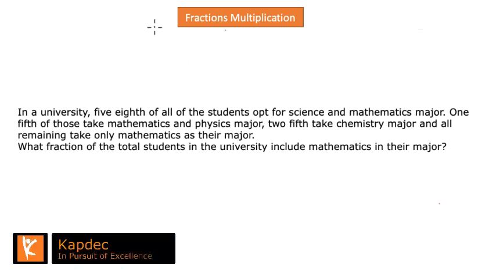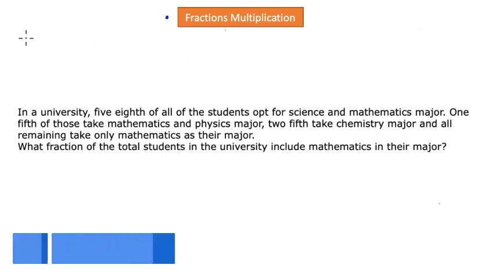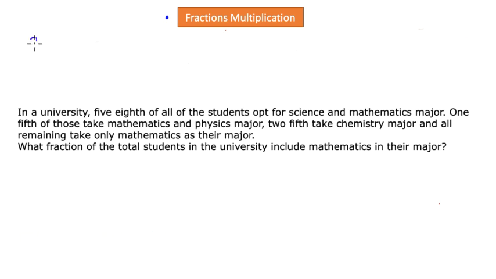All right, we are going to look at the fractions multiplication problem. To remind ourselves of the very quick and basic fundamentals, if there are two fractions, say 2 over 5 times 3 over 7, the rule is you multiply their numerators and multiply their denominators respectively, and then that becomes your new fraction. So 3 times 2 will be 6 and 7 times 5 will be 35. As simple as it is, this is how you multiply two fractions.